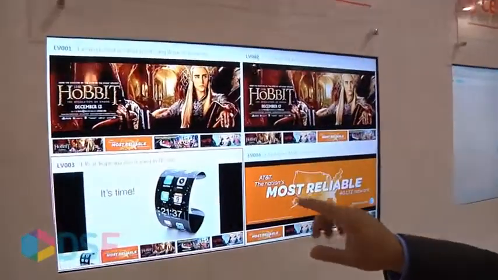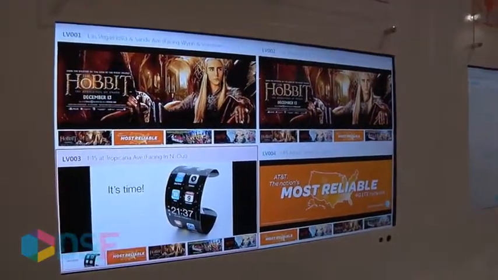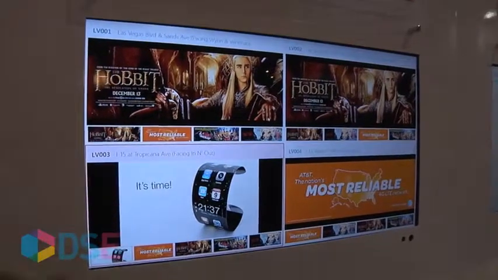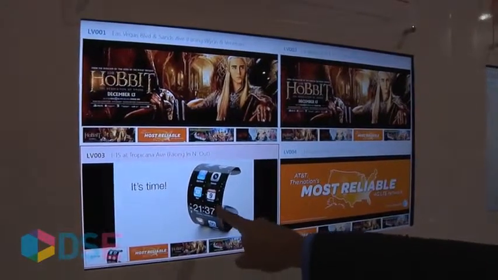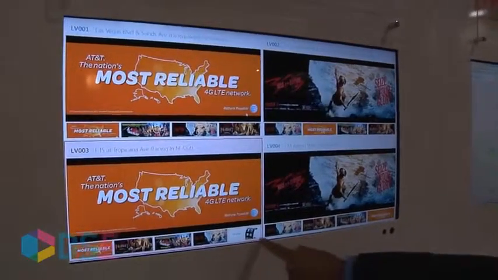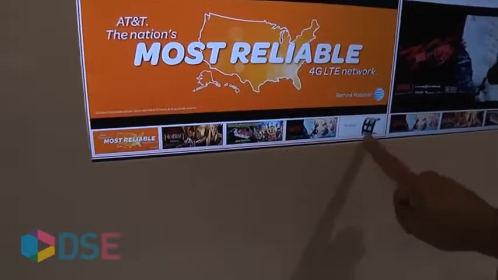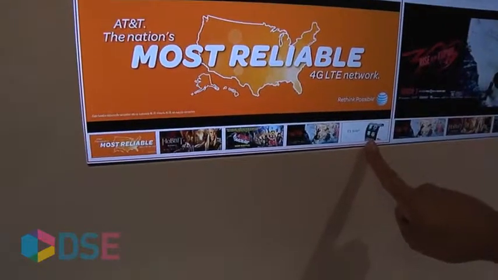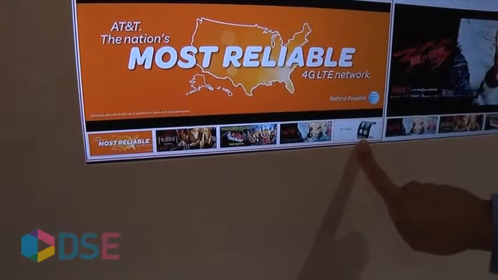So what we've got here now is a simulated scenario of 4 different billboards. Now you might remember the campaign that I just set up is the Apple iWatch campaign, and it's running in this billboard. At the bottom you get to see the loop, and you get to see the spot that's playing in the loop. So you've got the Apple iWatch that's playing inside this loop.